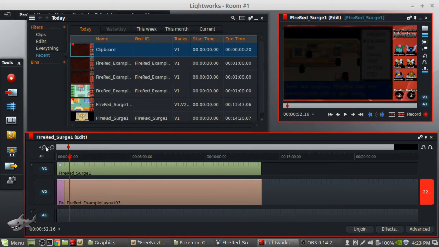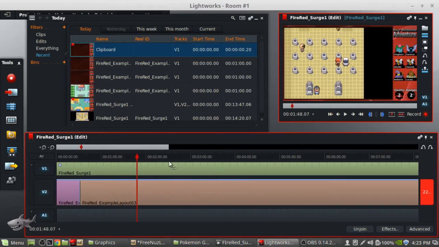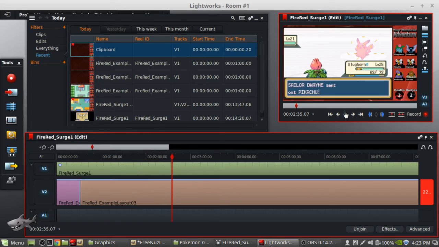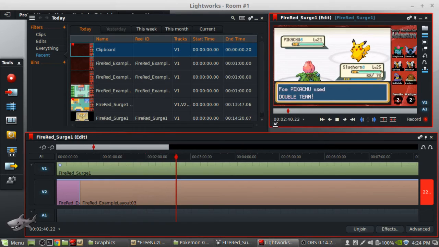Very cool. So now we've got this that will follow us all the way through this little surge battle. You see we got a couple different battles going on here, which is looking great. Again, we've got everything you want to see in a nice layout,